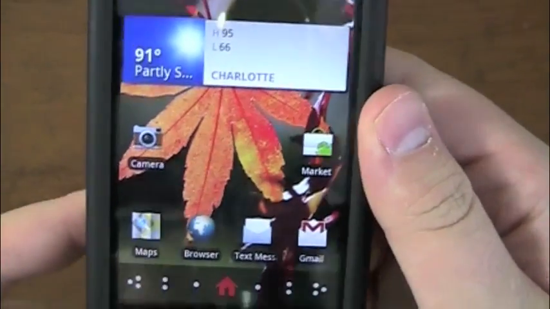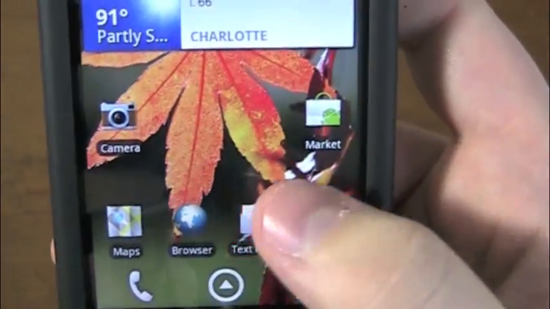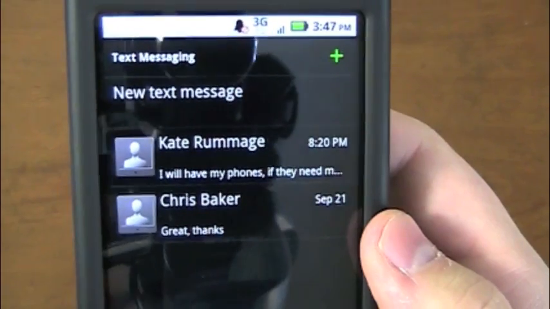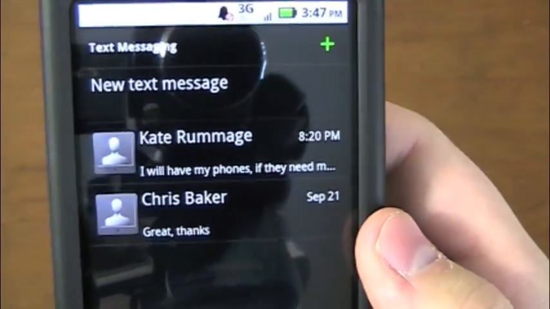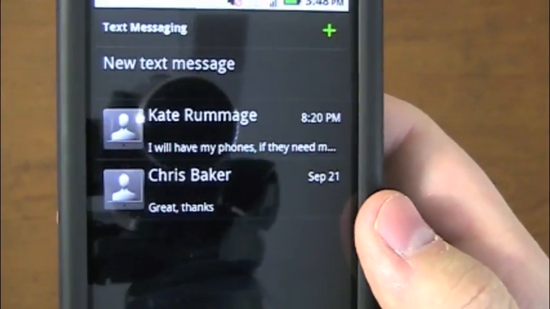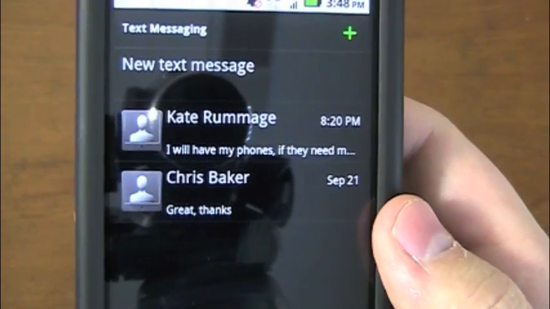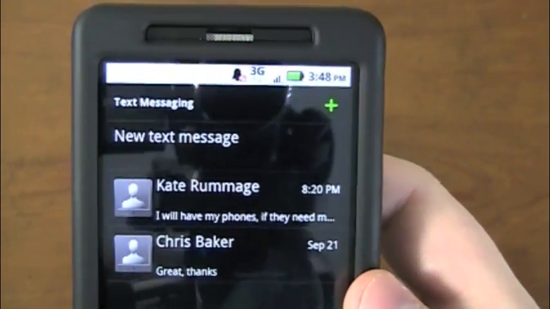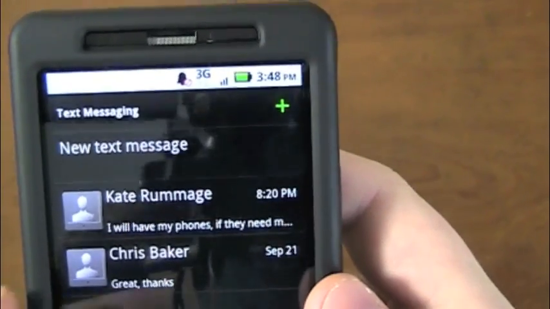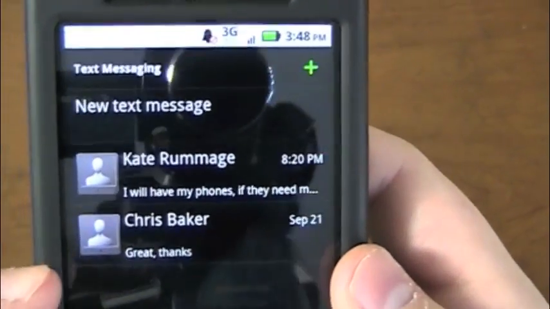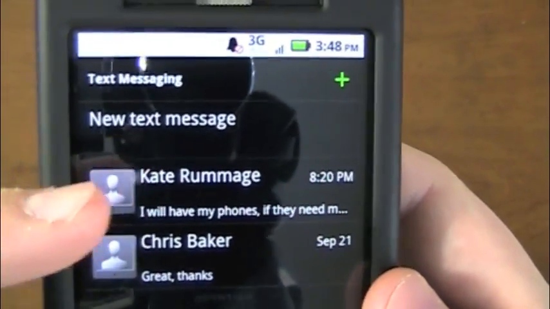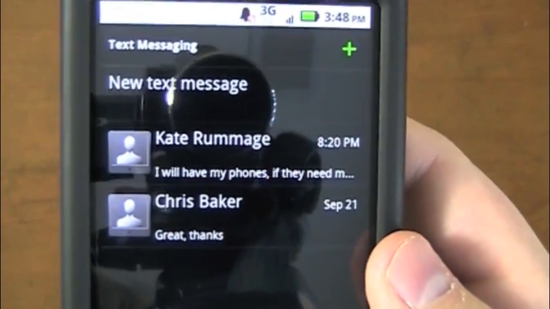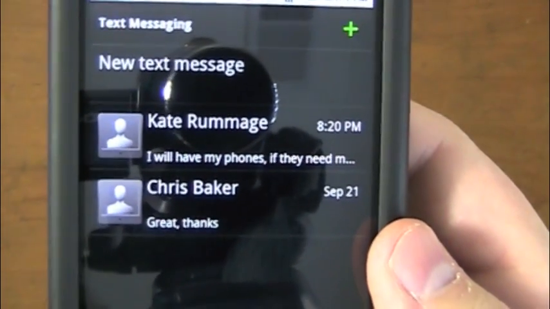Another one that I've been having involves text messaging, where the timestamp is updating, but it's not moving the conversation to the top like it should. For example, I have these two in here from Kate and Chris. So let's say Chris text messages me, and he says, I'll be there tomorrow, and it comes up. So it's 3:48. He text messages me at 3:48. Theoretically, as with all other phones, it should move up to the top above Kate's in the queue. That said, it's been doing that 90% of the time, but every now and again I'm noticing that